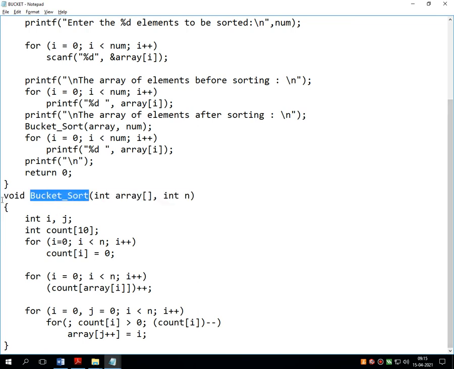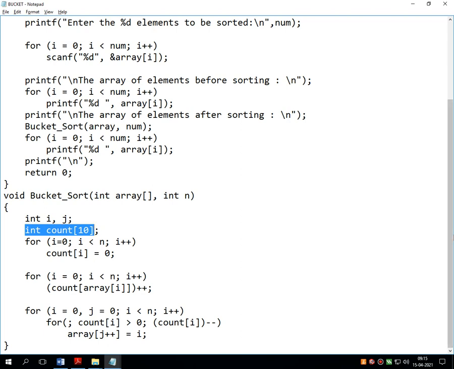In this line of code, there is a function initialization. All unsorted numbers are stored in this array, and 5 is stored in this particular variable called n. Then in this function, there is a declaration of two local variables called i and j, and count equals 10.